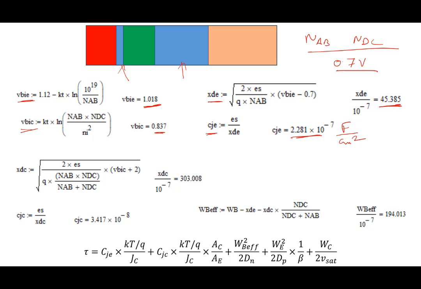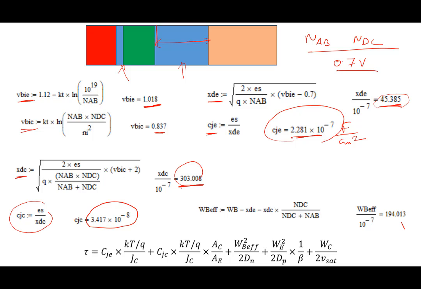And similarly, now we calculate the collector depletion width. It comes out to be larger because it's reverse biased and dopings are less: 300 nanometer. Note that this is very small, 45 nanometer, and this is 300 nanometer. We calculate the collector junction capacitance, epsilon S by XDC, which comes out to be 3 times 10 to the power minus 8. Note that collector capacitance per unit area is almost one order less than the capacitance in the